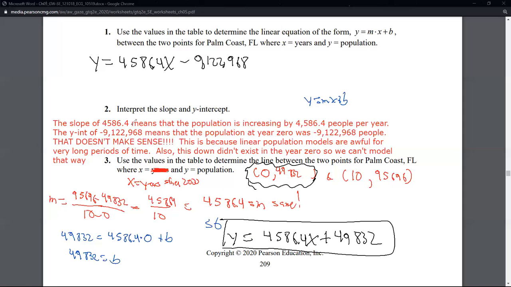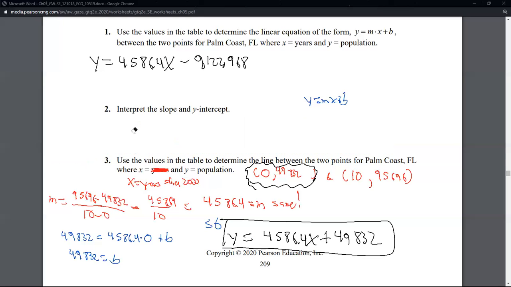Let me do this. Question 4, if you flip to the next page, says interpret the slope and y-intercept. So question 4 is exactly the same as question 2. So what I'm going to do is just erase the block for question 2 here, and I'm going to put 4 here instead. So now I'm just saying we're doing question 4. I'm not saying question 2 is disregarded. I'm just going to put the answer to number 4 here so I don't have to erase what's on the screen. I'm trying to help y'all out.